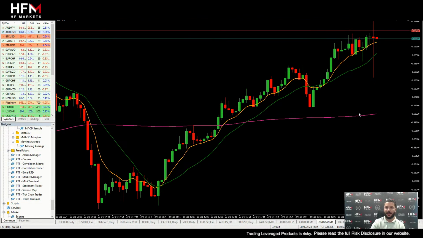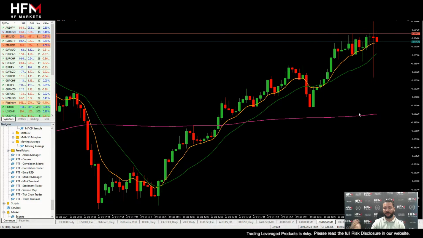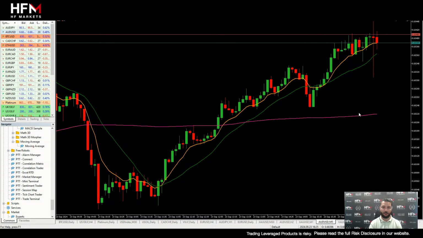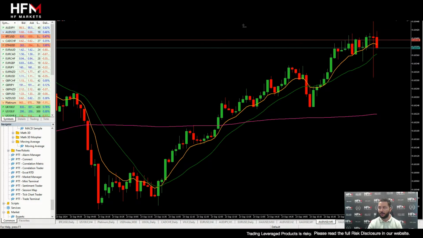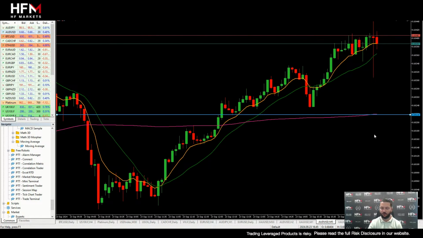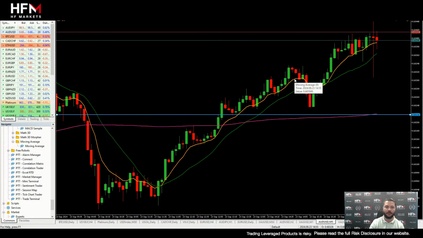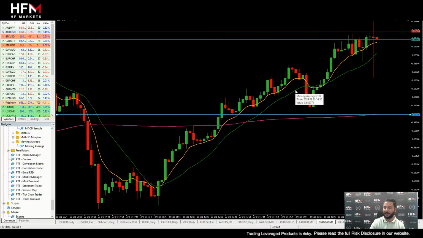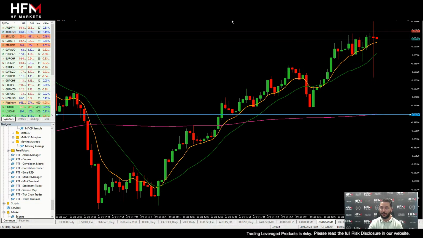Now, let's say, ladies and gentlemen, that in fact the US dollar is going to increase in value. People are going to take advantage of the discounted price of the US dollar, or maybe, like I said, the Australian data is poor and it doesn't support the Australian dollar. Where can we speculate a change of trend? There's different things we can look at. Number one, we can look at the price dropping below this level here, which is our trend line. Another thing is we can look at bearish crossovers. So here I've got an 8 period exponential moving average and an 18 period simple moving average. As it crosses downwards, we can speculate downward price movement.